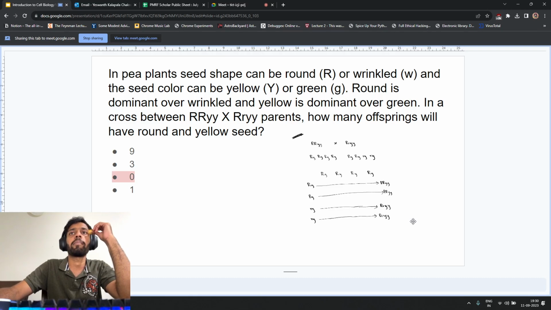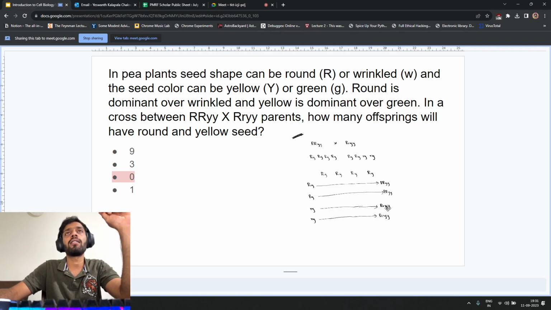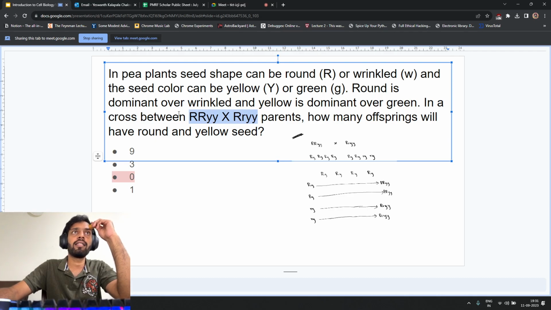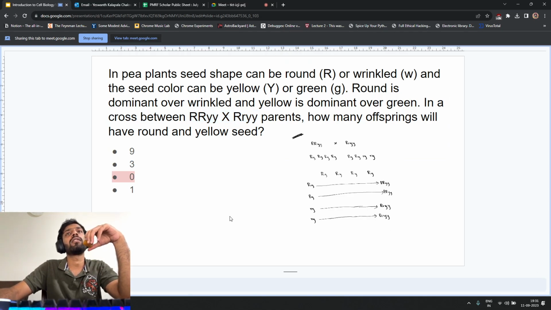So, sorry, shape. All the offsprings have a dominant allele of the shape, which is capital R. So there is no wrinkled phenotype that's observed in offsprings when you take this into account. So when you do this crossing, all of the offsprings will have basically round phenotype, right? Now, if you look at the color,